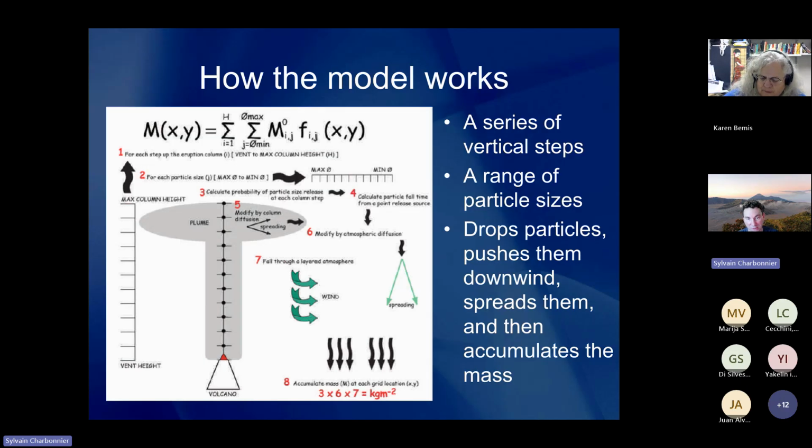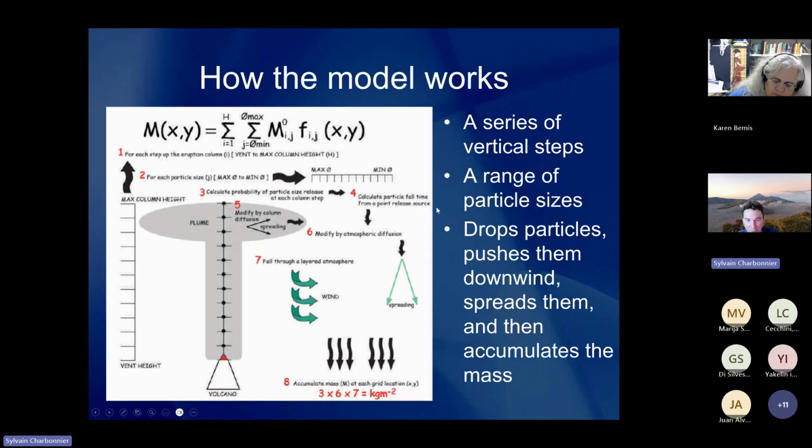The distribution is a Gaussian distribution. That's one limitation. You cannot actually have something different than a Gaussian distribution, which fits most of the grain size distributions for Tephra fallout. Then we're going to calculate the probability of particle size release at each column time step